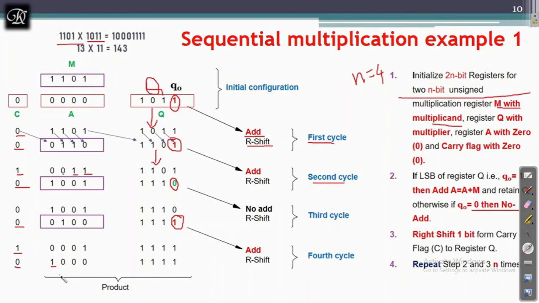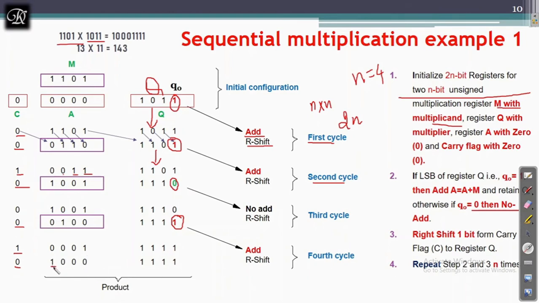When you are performing an n-bit multiplication, n cross n, that will result in a 2n-bit answer. So you have to take only the first 8 bits, ignoring carry. So now you see 1 1 1 1 0 0 0 1.